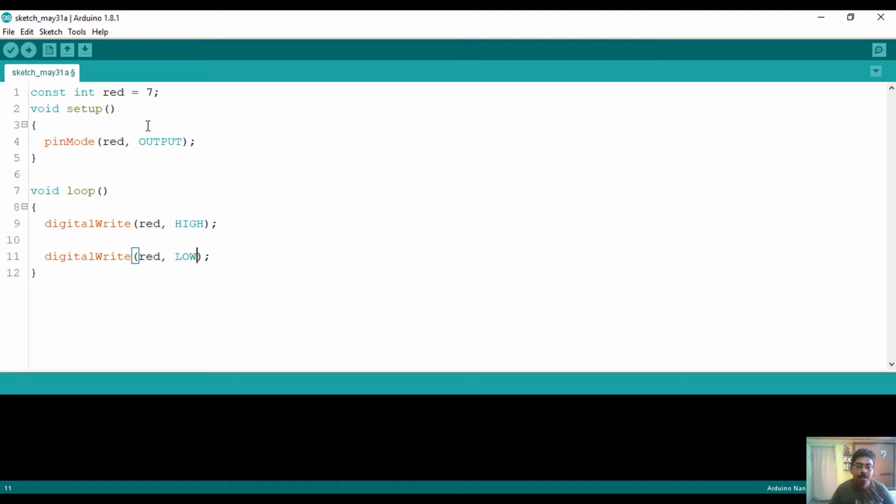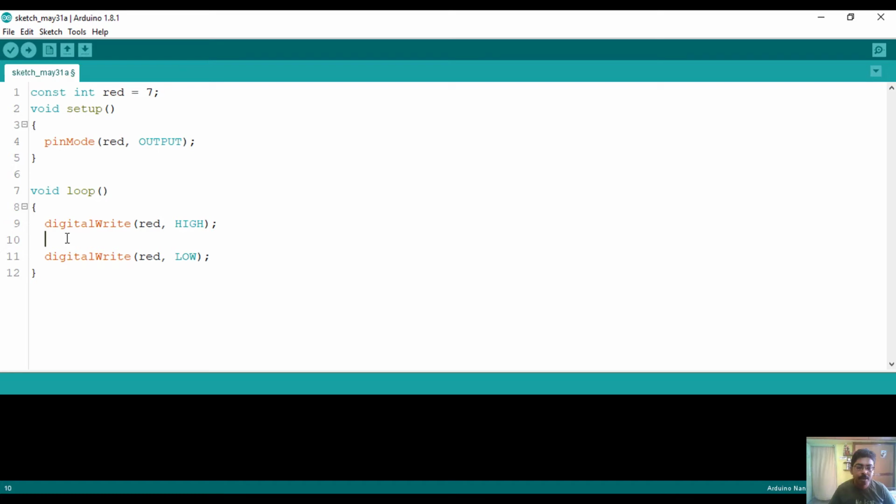We need to add a delay between the on time and the off time of the LED so that we can see it with our naked eyes. Otherwise the program will run very fast and you cannot see the on and off of the LED, that is the blinking of the LED. So we need to insert a delay over here.